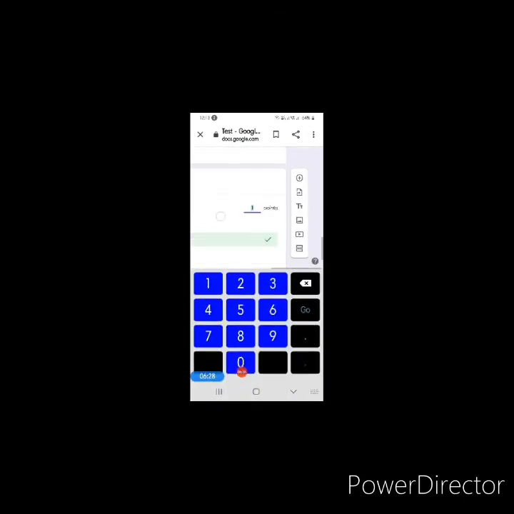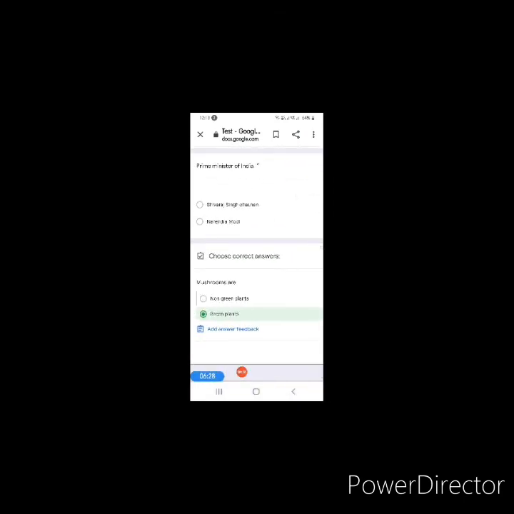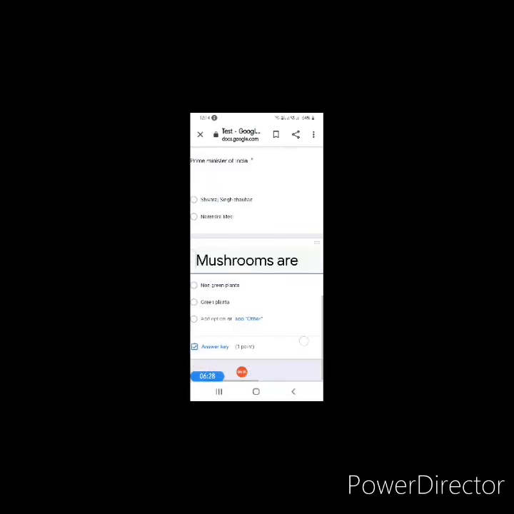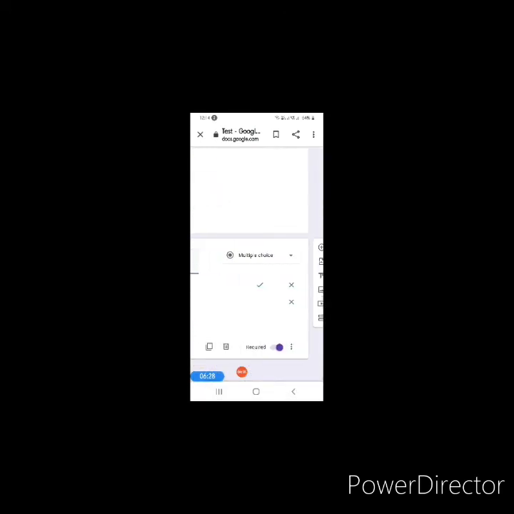Now it is selecting green plants because in the previous question the answer was B, and I have copied the same page, so it is automatically giving answer B. But here the answer is non-green plants, so I will select non-green plants and deselect this. I will do done here, and the required is already selected. So in this way I can add one more question.